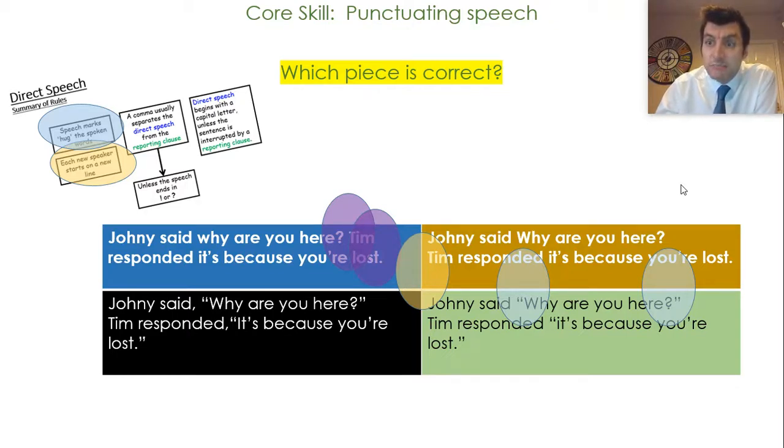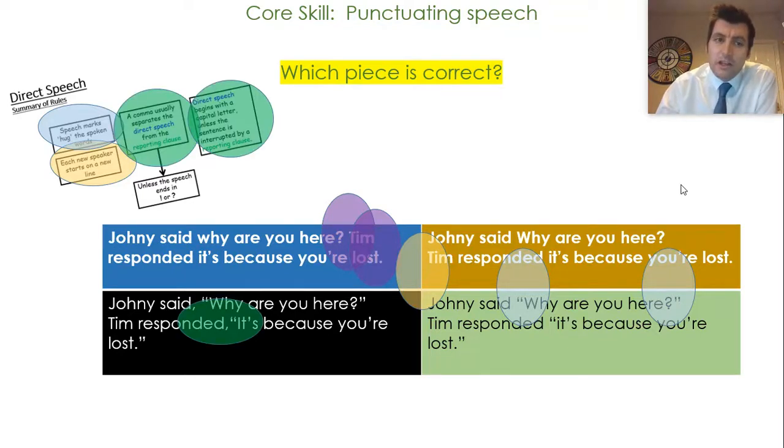Okay, now again, pretty good Year 2, Year 3 writer. Yeah, we're getting there now. Okay, we've got our inverted commas. We've got our new speaker, new line. We're getting there. Third element that the final one has got is that we've got a comma separating the direct speech